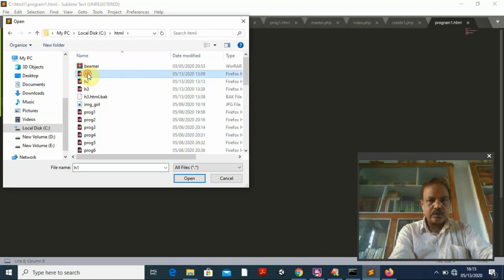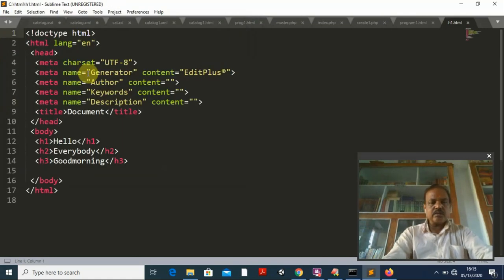Suppose I want to go for h1. You see here, h1 is the file which I wrote using Edit Plus. By default everything is created. The doctype is HTML, the HTML tag starts here, and this is the closing of the HTML tag. Your language is equal to en, English, under double quotation.